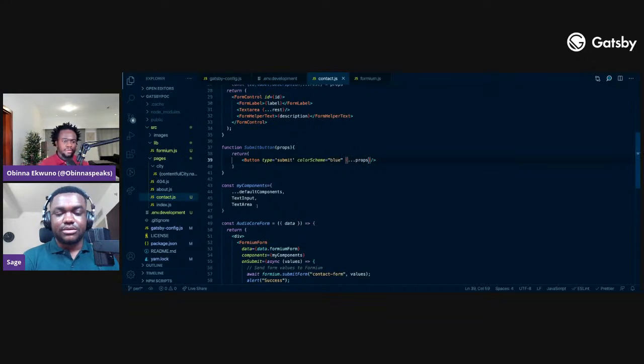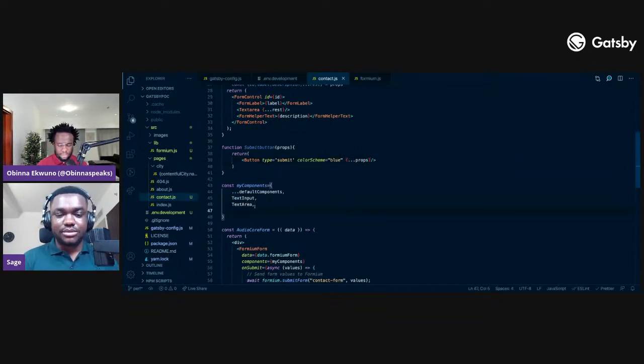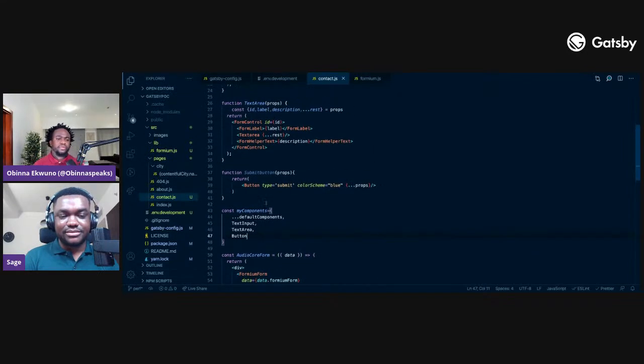Okay. And we want to get this in here. I think there are specific keys that you have to pass in Formium, right? You cannot just put any component in this my components object. So in this my components object, you just need to define